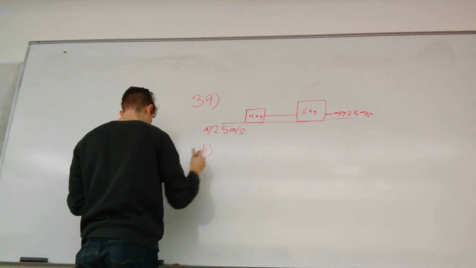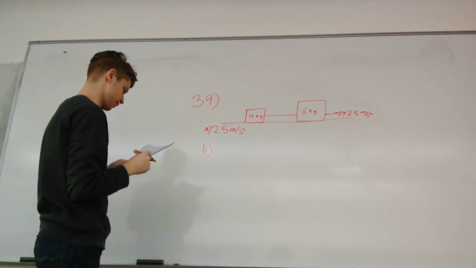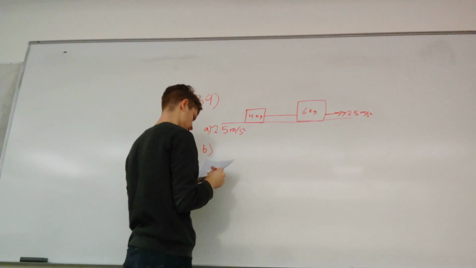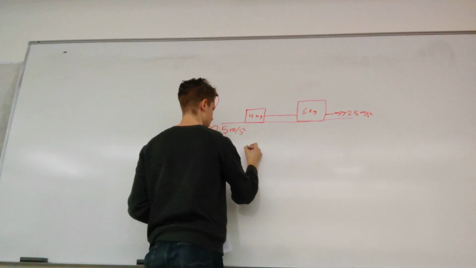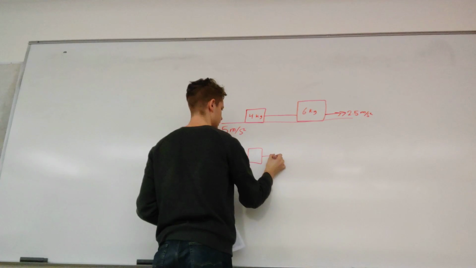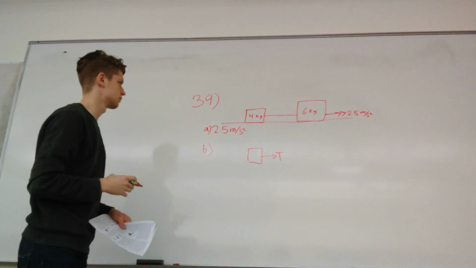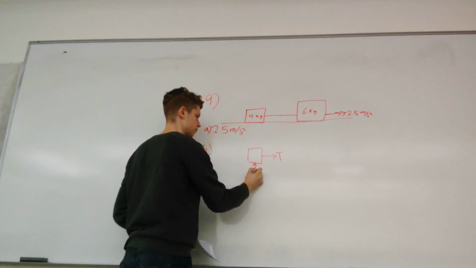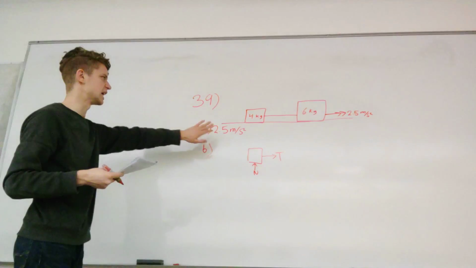Then B asks us, draw a free body diagram for the 4 kilogram crate, and then use that diagram in Newton's second law to find the tension on the rope that connects the two crates. So you have your 4 kilogram crate right here, and there's a force this way, which is the force of tension, and that's really it. You also technically have your normal force pushing up from the surface of the pond, but that doesn't really impact the